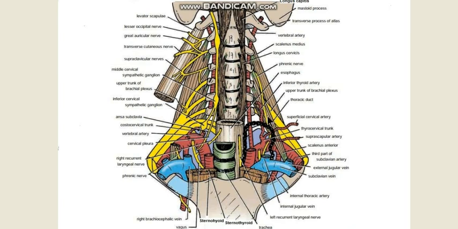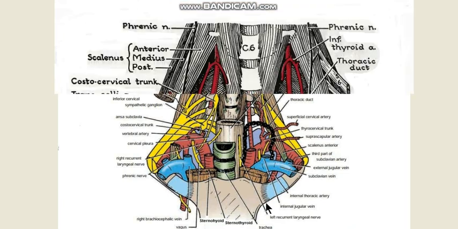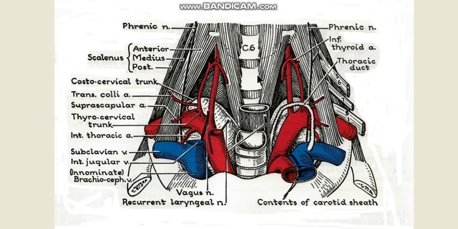If we look at another picture, in this picture also you can see the scalenovertebral triangle, the apex here at the level of C6. Medially you have the longus colli, the oblique part. Laterally you have the scalenus anterior. Below you have the first part of the subclavian artery, and as a content you can see the vertebral artery going from the base to the apex vertically up,